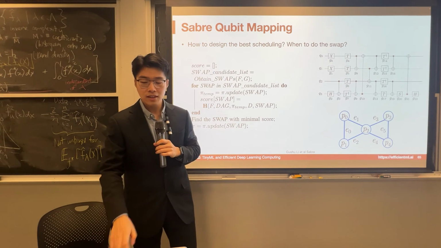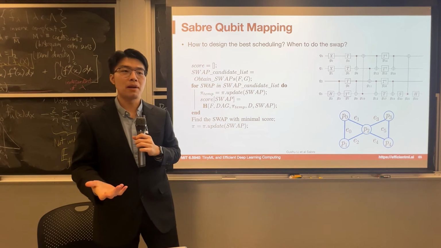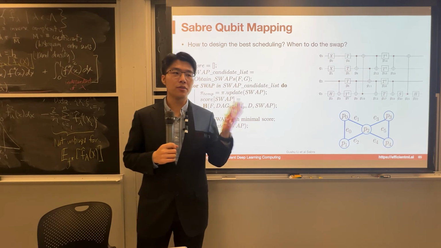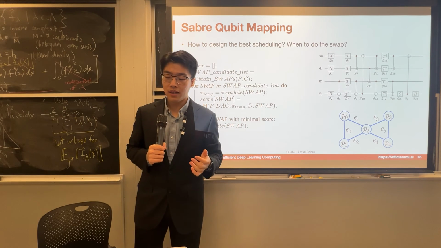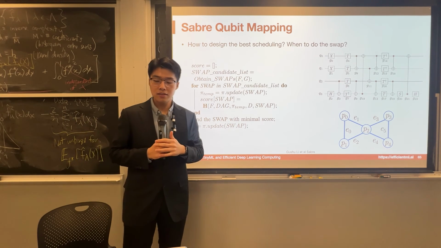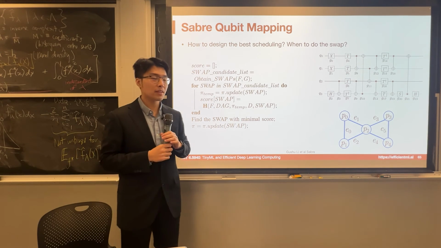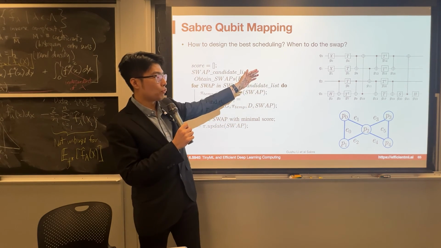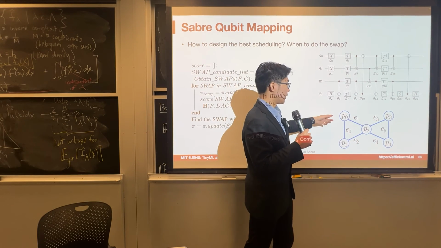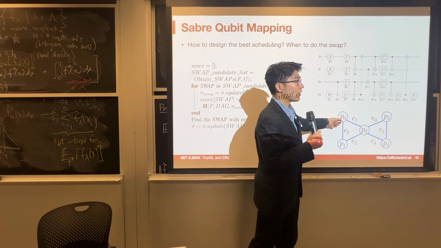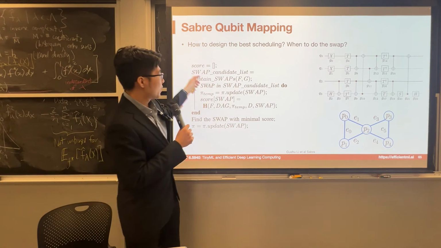Here I want to give a small introduction of the SABRE qubit mapping, which is the standard, default mapping if you are using an IBM quantum machine. If you construct any circuit and give some topology map, and then use this SABRE qubit mapping, it depends on a small greedy, heuristic algorithm. Initially, we can map those qubits randomly to the circuit. Maybe just according to the index, I map Q0 to P0, and then Q1 to P1, and all the way for the other qubits. So here is the basic algorithm.